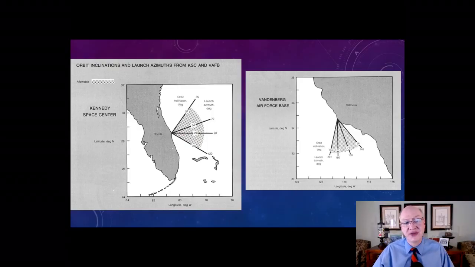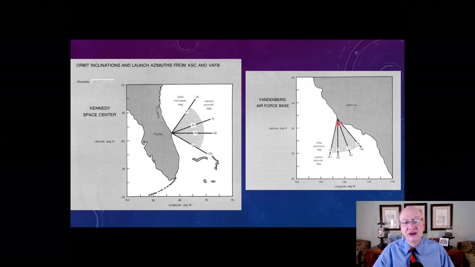SpaceX has recently developed a new maneuver where they can do polar orbits from Florida. If they were to launch into a straight polar orbit, the flight would take it out over southern Florida. So what they do is a dogleg maneuver. They launch down this way, and then once they've cleared the southern tip of Florida, they start heading south. It does carry them out over Cuba, but by that time, the spacecraft is high enough that if it fails,